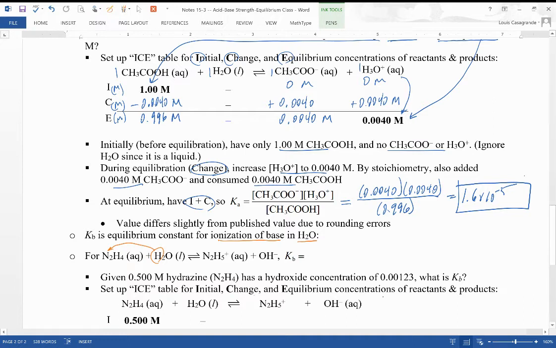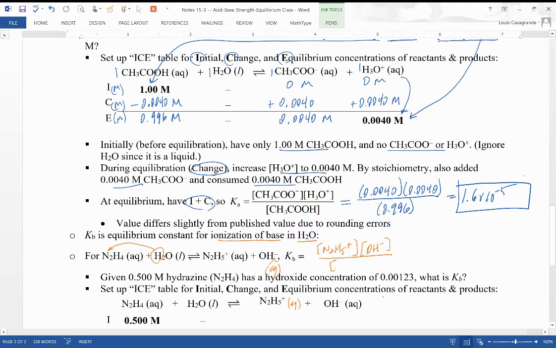And so the Kb is going to take the aqueous. Oh, there's a little typo there. There should be an aqueous on the hydroxide. Sorry about that. Squeeze that aqueous into there. So the Kb is going to be, and there should be an aqueous down here. Boy, I wasn't very good, was I? Kb is going to be the concentration of the N2H5 plus times the concentration of the hydroxide divided by, again,